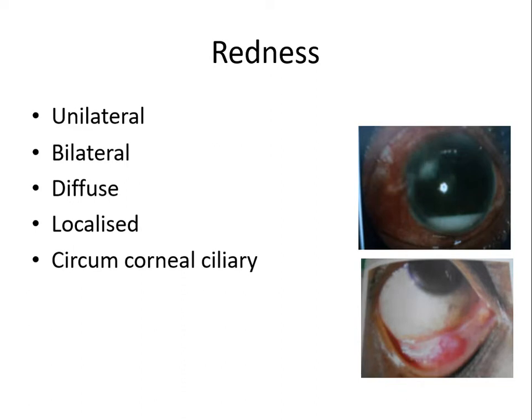So you have to ascertain when the patient complains of redness, whether it is unilateral redness involving one eye or bilateral redness. So there are different causes. As and when I discuss the different causes, I will tell you what are the causes of bilateral redness and what are the causes of unilateral redness, what are the causes of diffuse redness, what are the causes of localized redness. Okay. So in this picture, the above picture shows a diffuse redness. How a diffuse redness looks like, we will see. And localized redness to the palpebral conjunctiva of the lower lid, you can see in the lower picture.